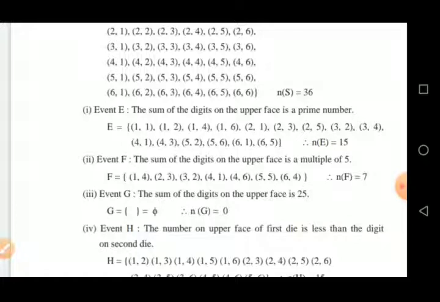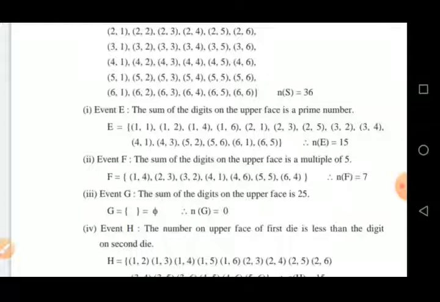F is equal to, in curly bracket, (1,4), (2,3), (3,2), (4,1), (4,6), (5,5), (6,4). Close the curly bracket.